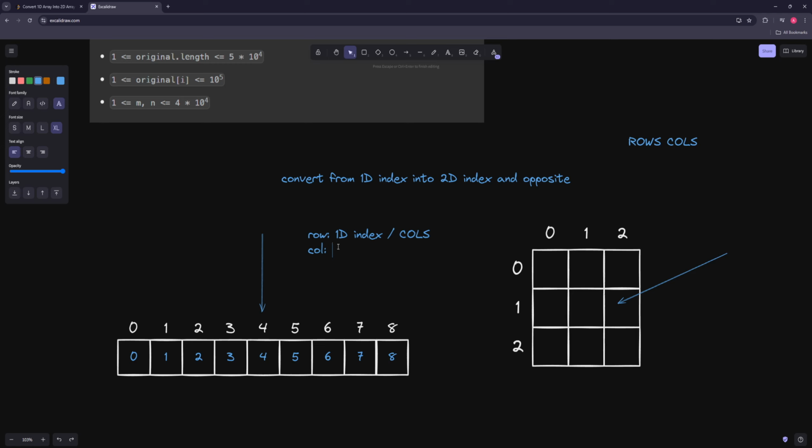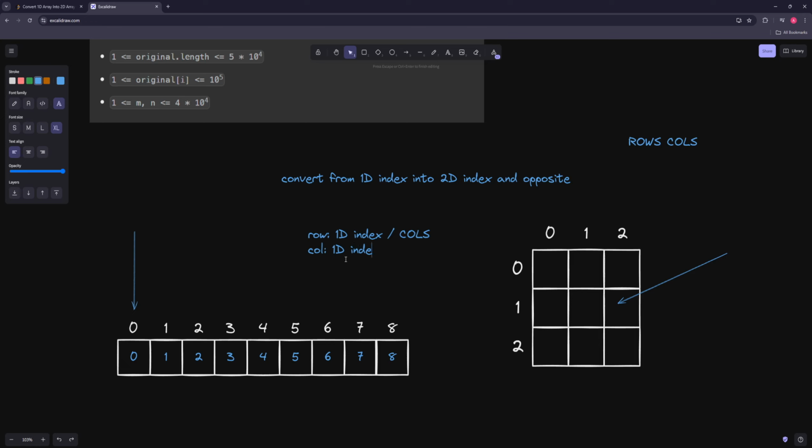And then how do we figure out what column we're on? Well, the column is actually the remainder of this thing here. Because like here, this is index 0, this corresponds to this cell. So 0 divided by 3 gives you 0. And then the remainders are going to look like 0, 1, 2, 0, 1, 2, 0, 1, 2. So the column we're on is the remainder of